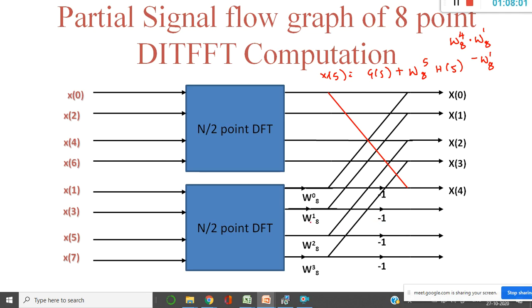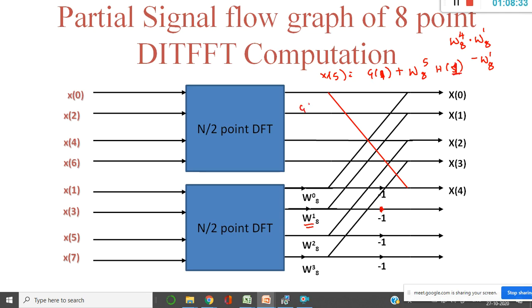So what we do is I calculate w8 to the power of 1. Already it is calculated while calculating x of 1. Just I'll put minus 1. It is a multiplication operation, guys. The moment you take this arrow mark, it is nothing but a multiplication operation. What we do? X of 1 is nothing but here g of 1. Sorry, it is not h of 5, it is h of 1.